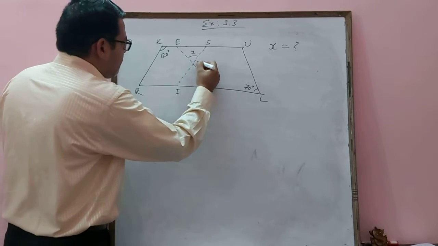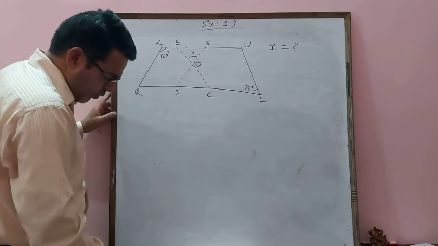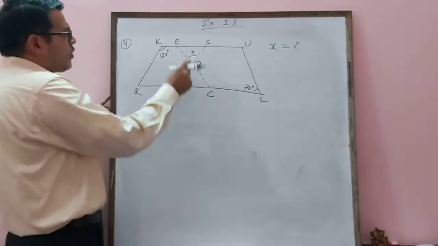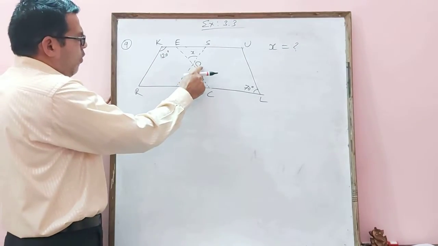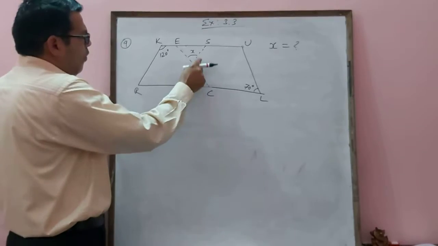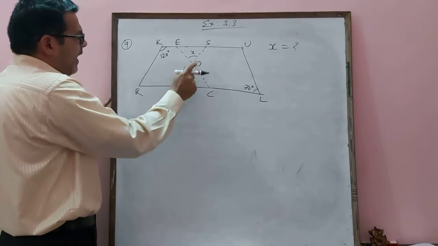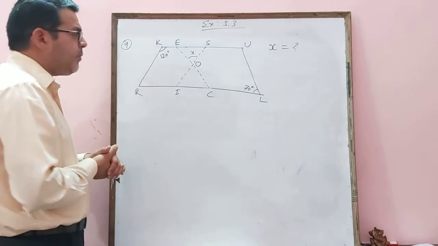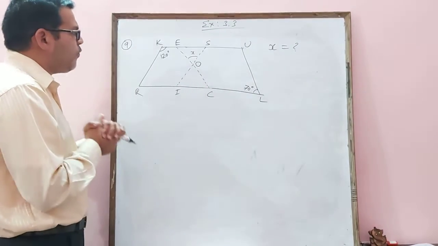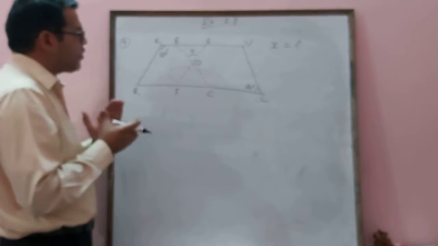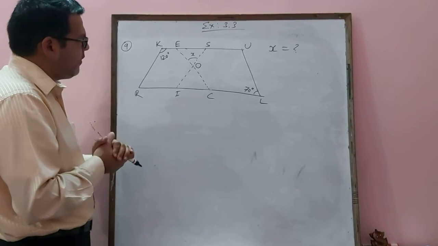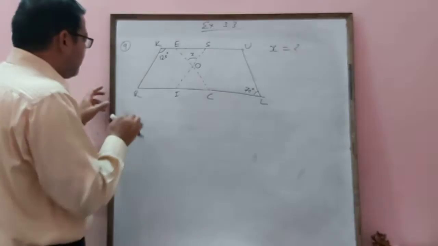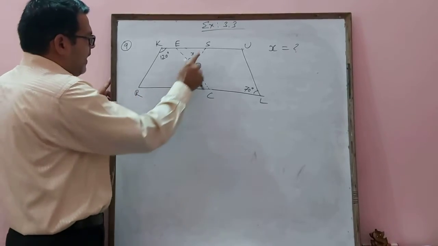Suppose we write the intersection point here as O, right? This is O. So you can see here two triangles are forming: triangle OIC and OES. And x and this angle, these two are which kind of angles? These are vertically opposite angles. It means we have to find the angles of the triangle first, and then we can easily find this. Please concentrate on this parallelogram RISK.